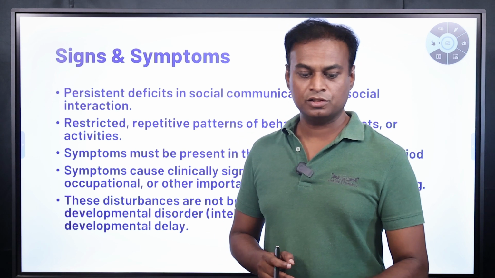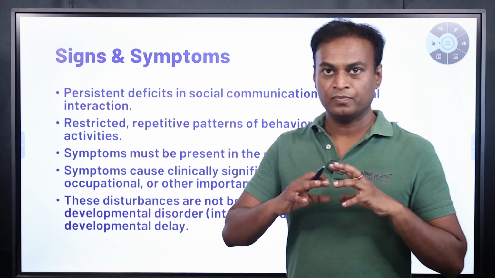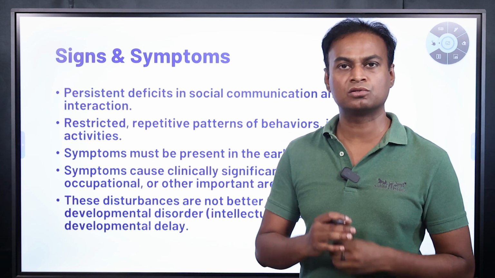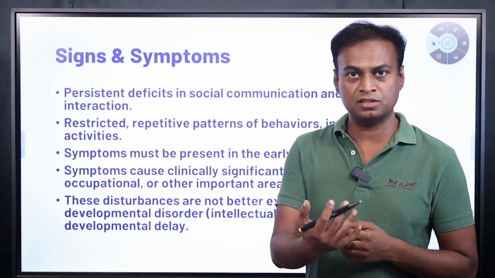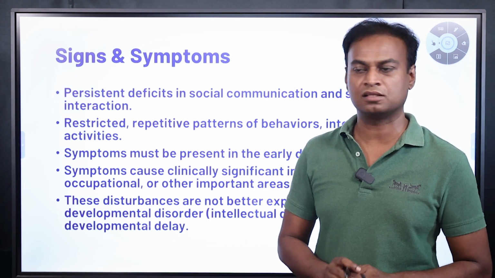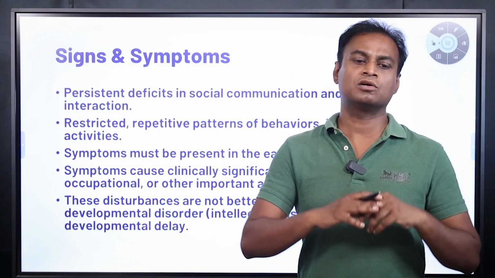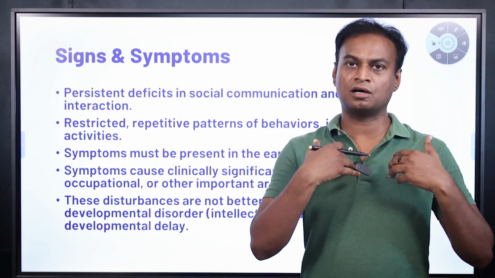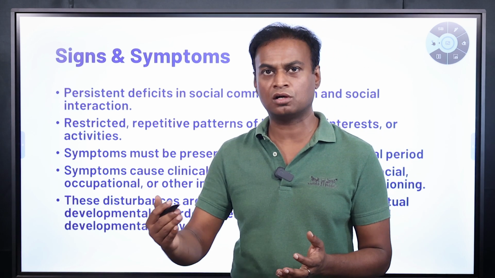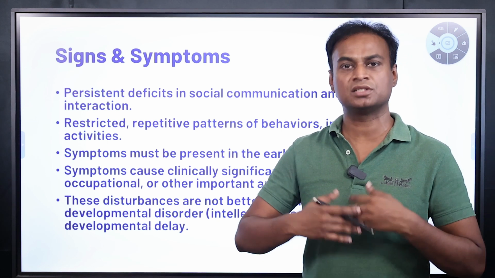First one is stereotyped or repetitive movements of objects or speech. See, they are playing with the object. They play with the same objects every day and every time. And also they are saying something, or some kids hum a particular song. They sing only that song. Other than that, they will not like anything. And also most of the kids, what I have seen is, if they like a particular cartoon, they want to see only that cartoon, so that they are well aware of it. Understanding new things or seeing a new cartoon is burdensome to them. That's the reason they will stick to the same things and do the same things again and again.